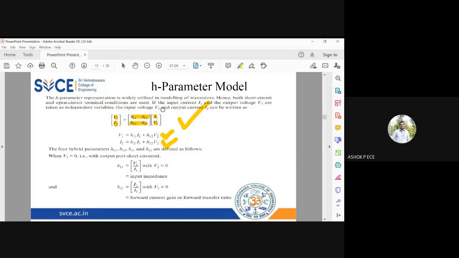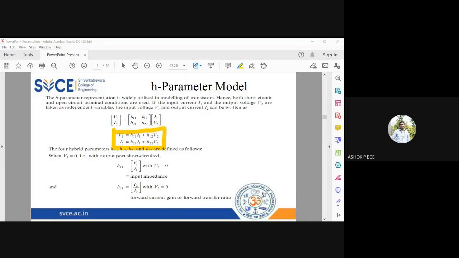So in the two equations, can anybody say how many unknown parameters are there? How many known parameters are there? See the two equations which I have ticked on the screen. In the two equations, you have so many variables. I want to clearly know what is known to you and what is unknown to you. Can anybody say that? You see the equations on your screen, and I want you to say what parameters are known to you and what parameters are unknown to you.